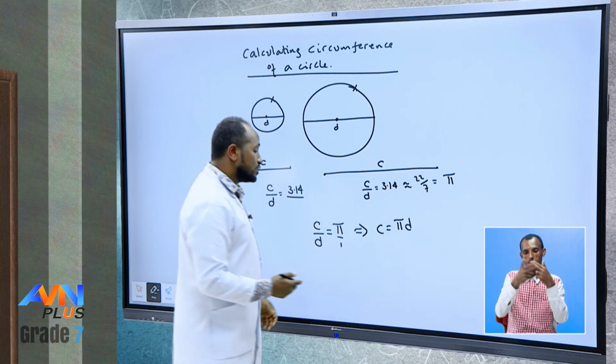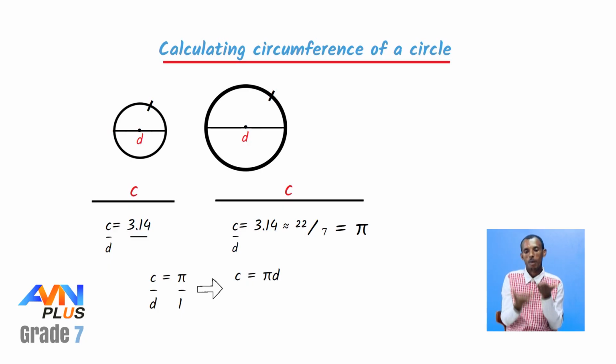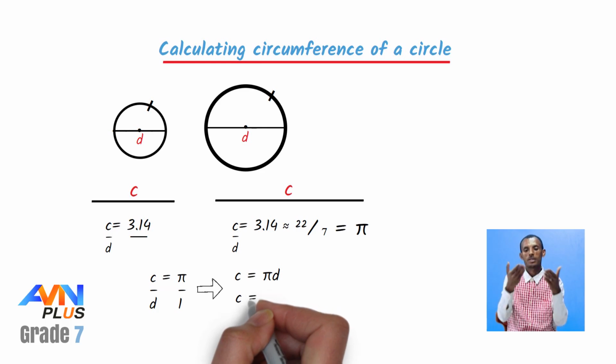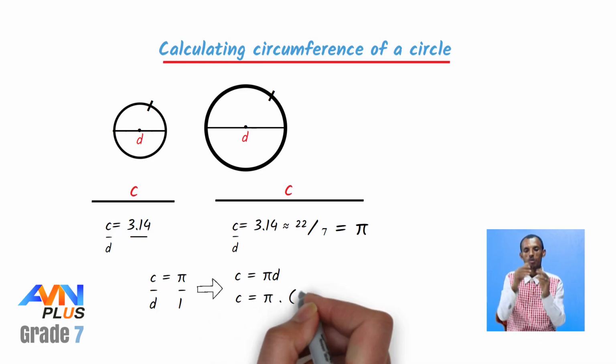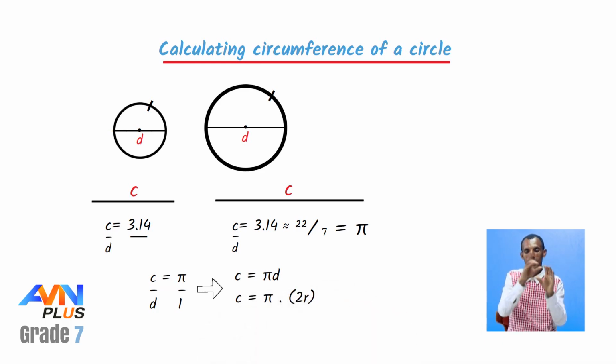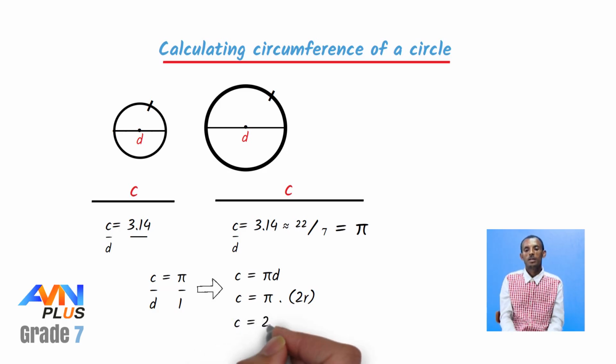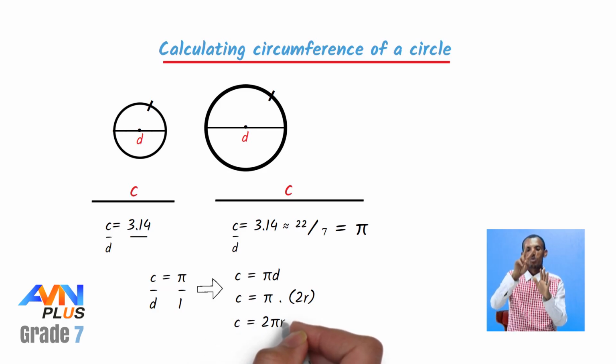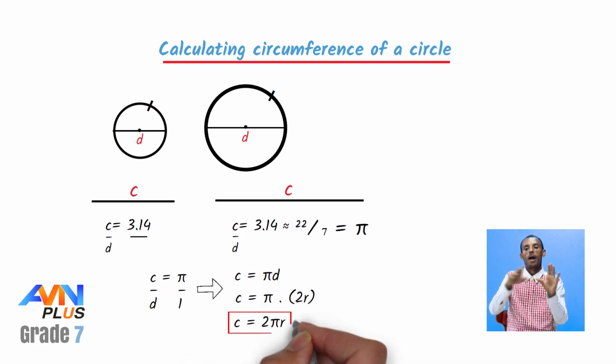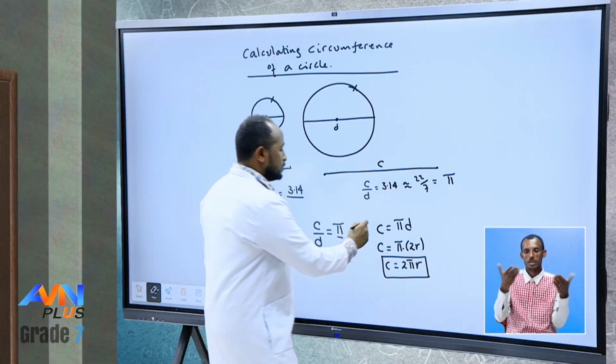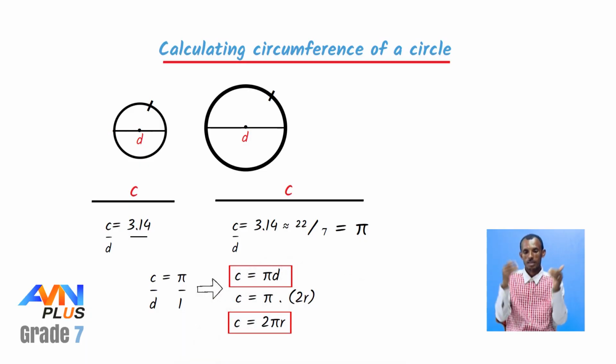Or you may use this equation: circumference is equal to pi times, as we said earlier, diameter is twice the radius, so pi times 2r. So we can use this equation, 2 pi times radius. So the circumference of a circle can be evaluated using 2 pi times radius, or pi times diameter,